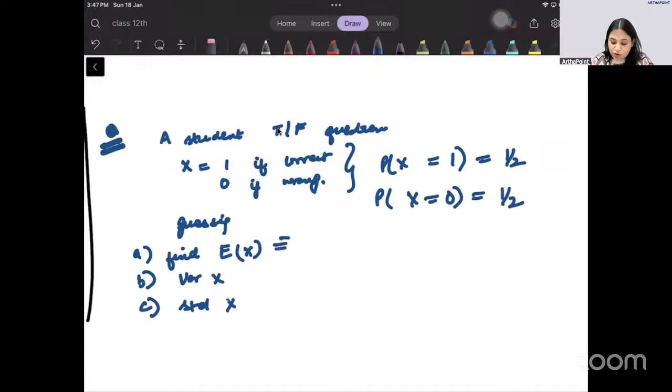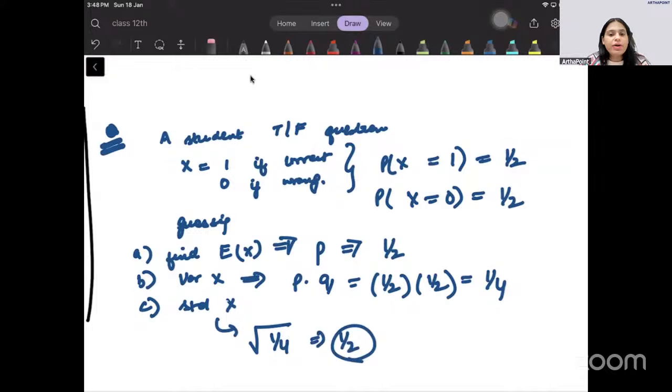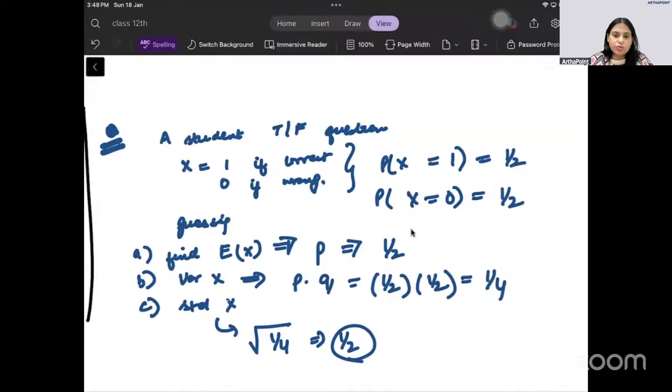अब expected value of x हमें पता है यहाँ पे, it's simply p, probability of success. Variance of half is p into q, so half into half, this is 1 by 4, and standard deviation is under root of 1 by 4, so 1 by 2. So all of you are right who are saying 1 by 2, 1 by 4 and 1 by 2. ठीक है. Correct. Now let us go ahead and let us try to answer another question.